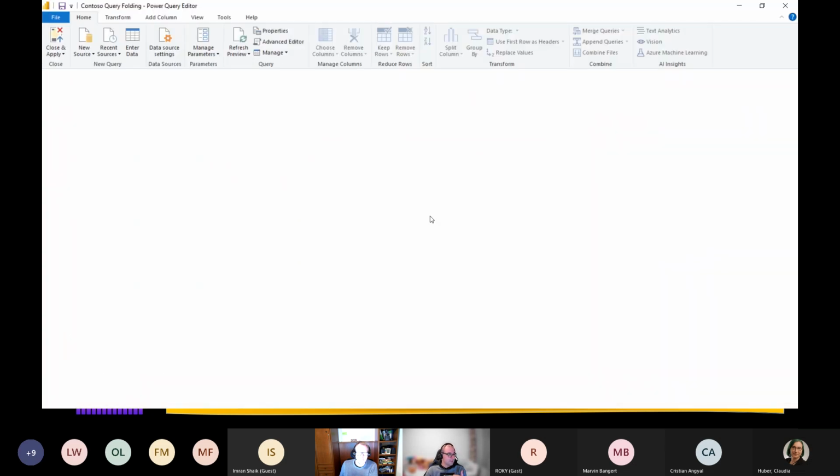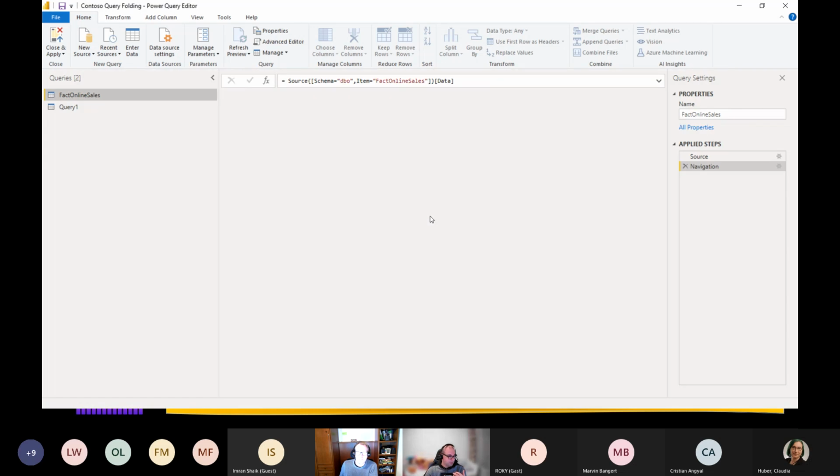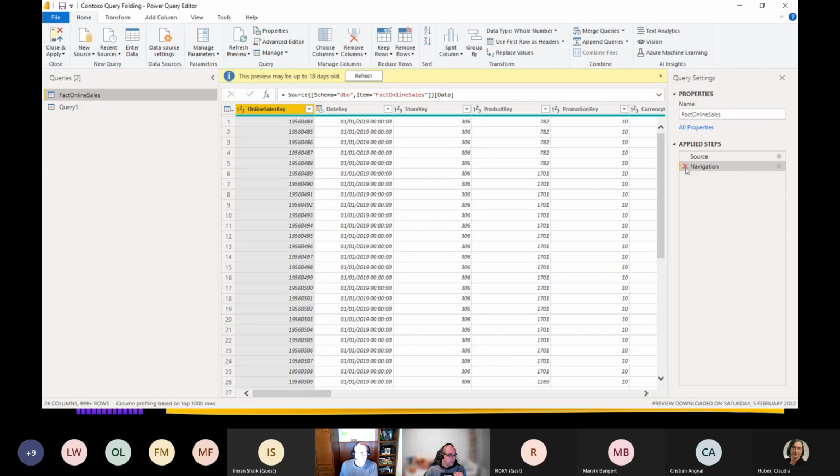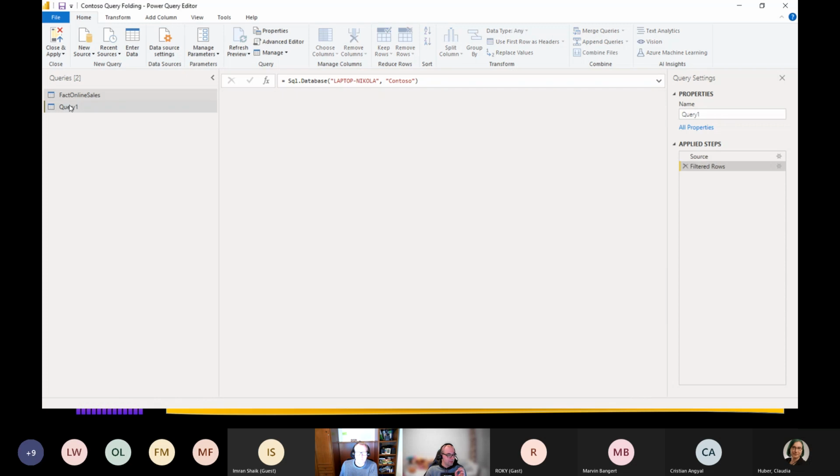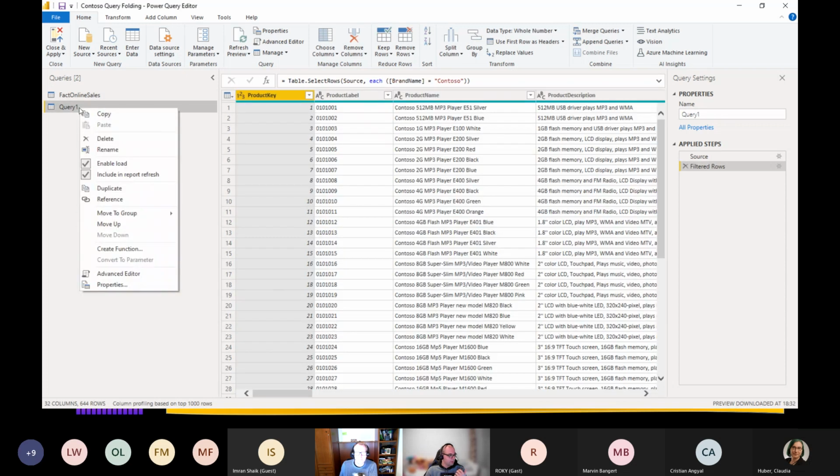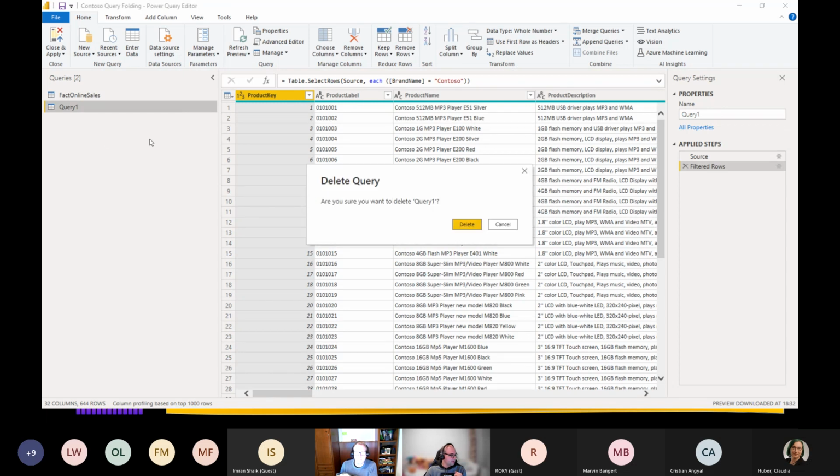So basically, the first step is that it will pull all the data from the SQL Server. So this one shows you that query folding was broken when you use a native SQL query. I will delete this one,